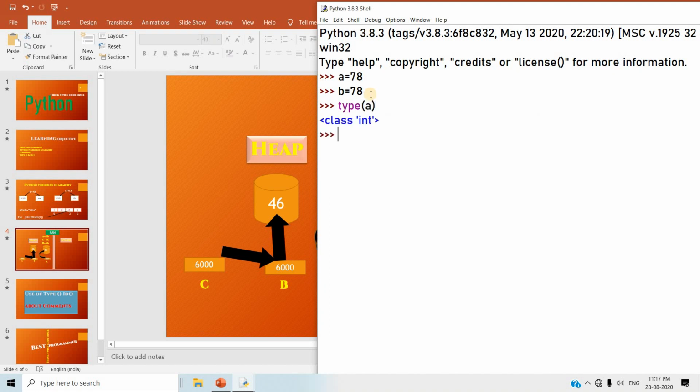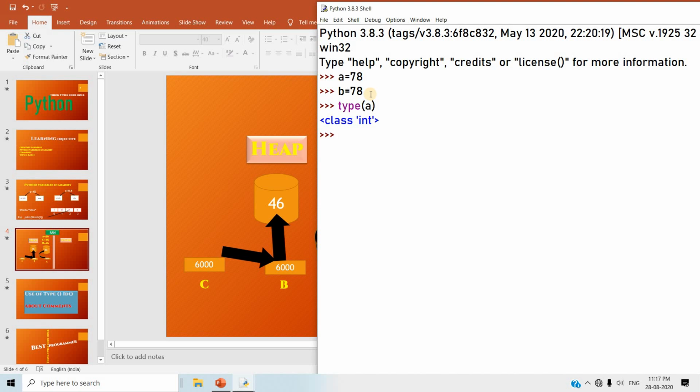The type function will tell you the data type, because Python is dynamically typed. You are not supposed to give any data type for a Python variable.